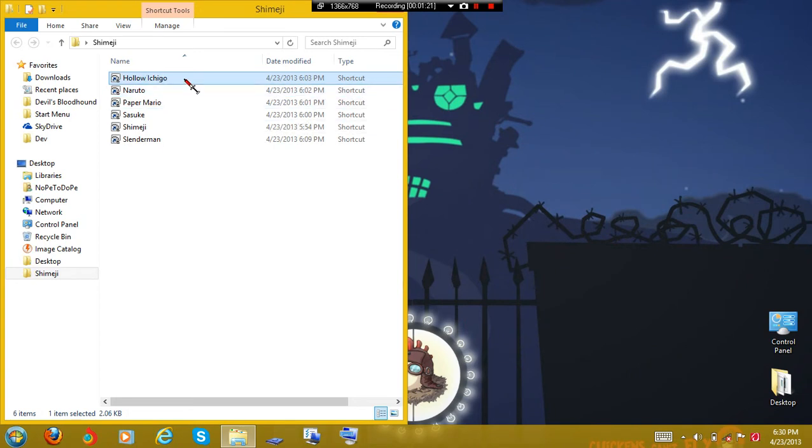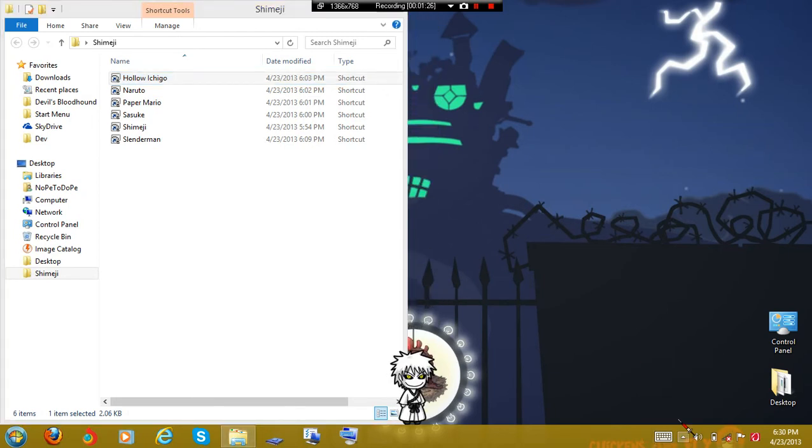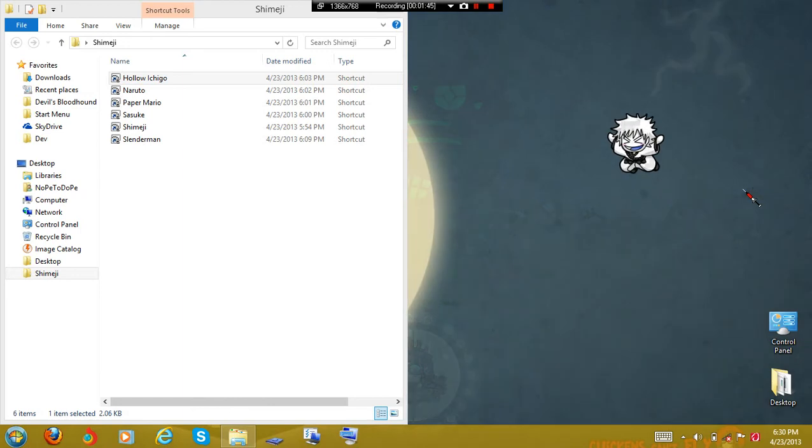This is Hollow Ichigo from Bleach, when Ichigo turns evil. It works just the same, if not better, than it does on Mac. Now, with Windows, you can get three different kinds, and this is the ultimate version. You can get personal, professional, and ultimate. Ultimate allows them to do the normal stuff, personal